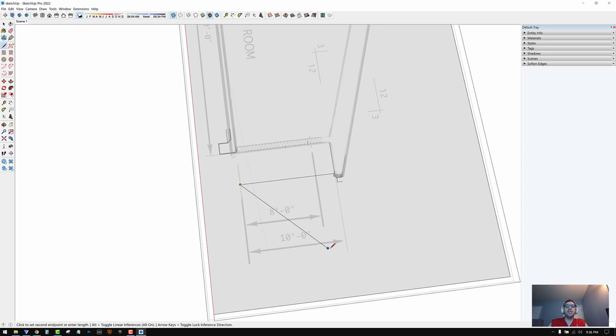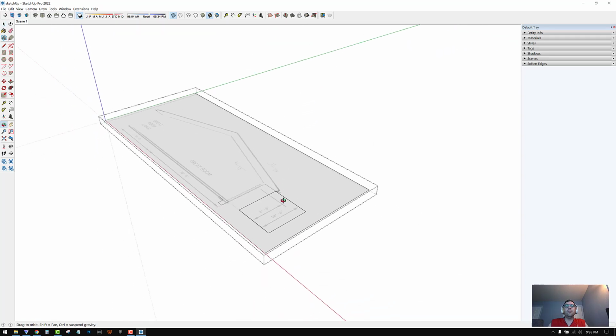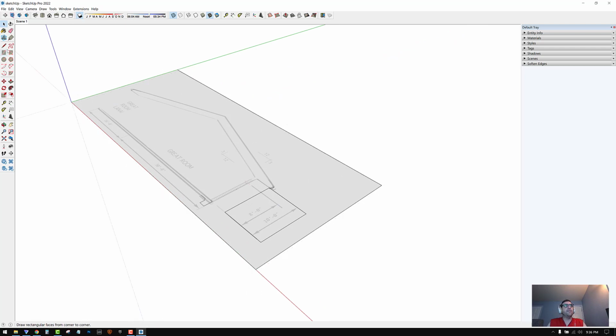And that should be our 10 feet. Right now you can see if I just click on one side of it and I hover over it, on the bottom right corner down here, it's close to 10 feet,